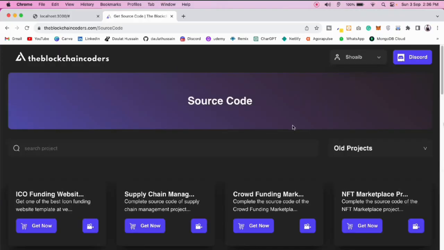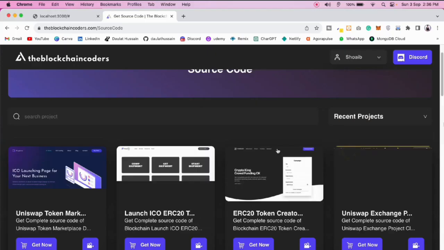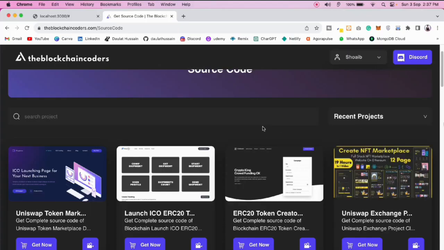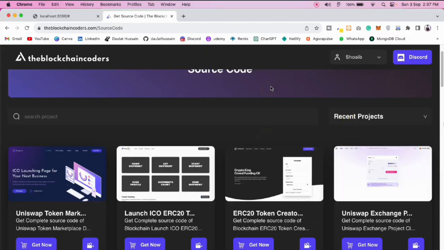So come back to the source code, and here I have provided all the source code of the project. You can come here and check what the codes are and what project we have built. Everything is provided here for all of you. So simply filter the data, recent one, and just wait. It will take a little bit of time for the data to come. And here it's coming,